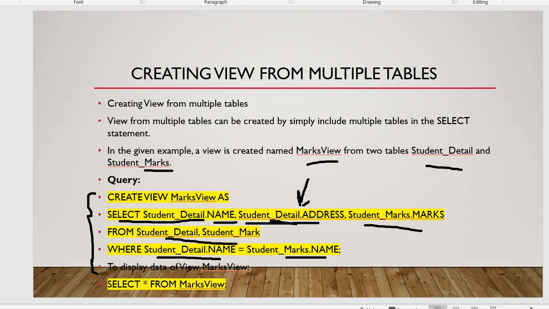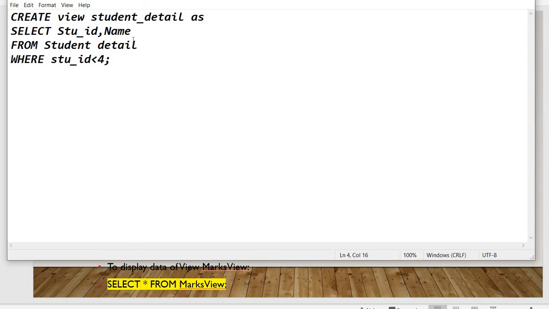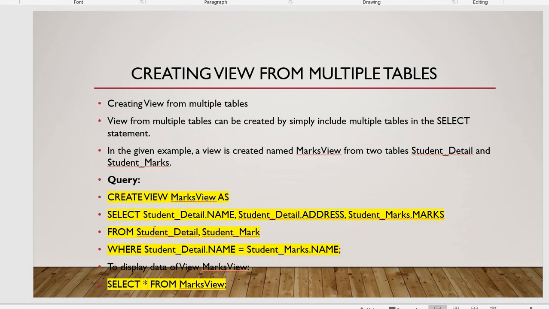There is a minor difference between a single table and multiple tables. Here I have given select student ID, name, because it's a single table, and coming to here, I have given two tables, student detail dot name, student detail dot address. I want the address and name from one table, and I want marks from the other table. So I have given it like this.